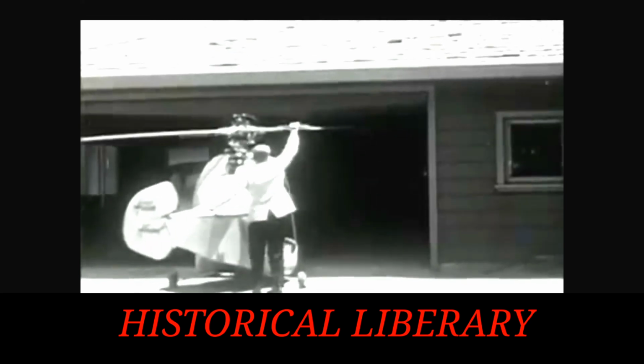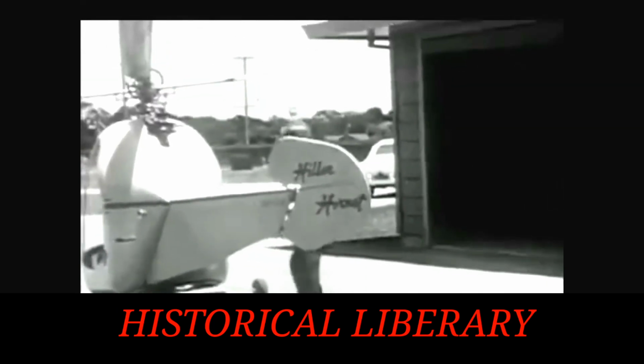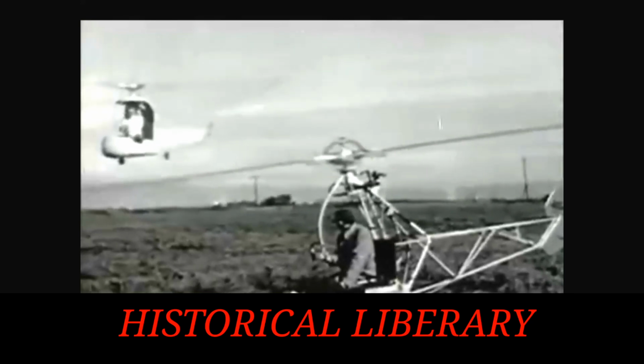Rotary wing flight is now a reality. The helicopter is part of a fantastic future in which you and I may fly about in our own private aircraft. But we must not be led astray by a dream. The helicopter will not